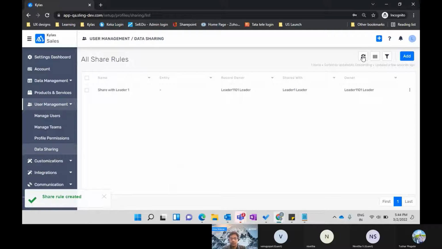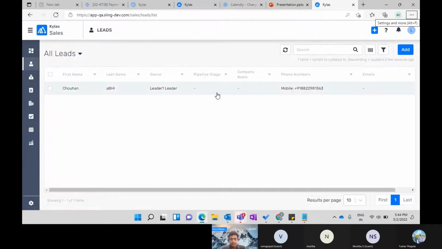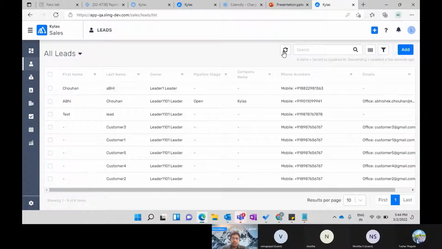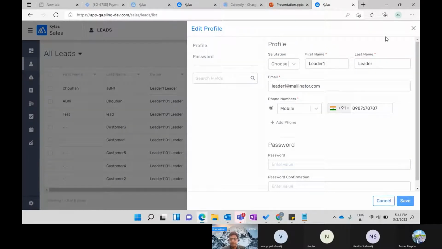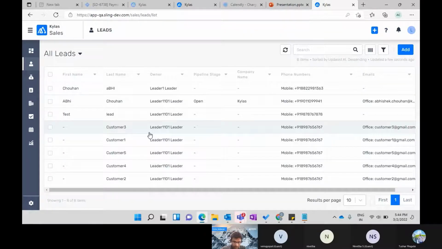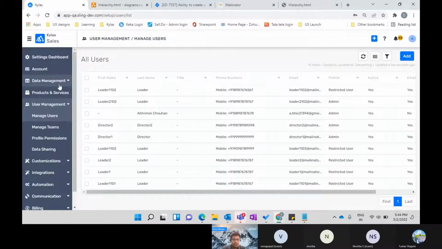Okay. So now what will happen is, let's say, now I just refreshed the screen of leader 1, who was the manager of leader 1101. The moment I refreshed, you can see leader 1 is now able to see all the leads that are assigned to this person called leader 1101. Okay, can you see on my screen? Earlier it was only one lead, but now this leader 1 can see almost 8 items, 7 of which are coming from leader